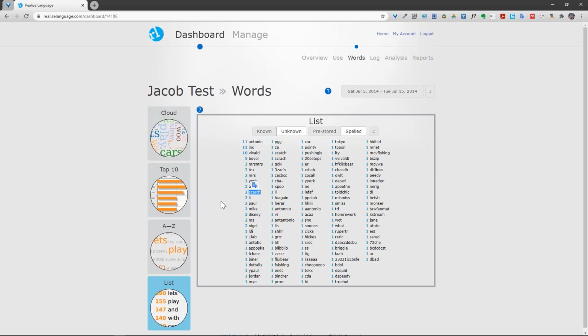So my client has done the word scarch. They also have the word scatch, S-C-A-T-C-H, and the word scratch, S-C-R-A-C-H. And if you look at those 3 together, you'll probably say, oh, I think they're trying to get the word scratch. So here we have information about their attempts at spelling,